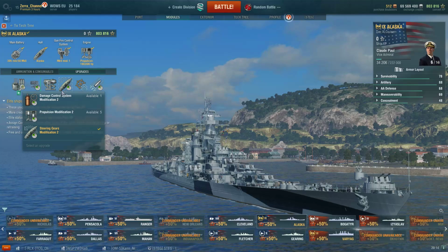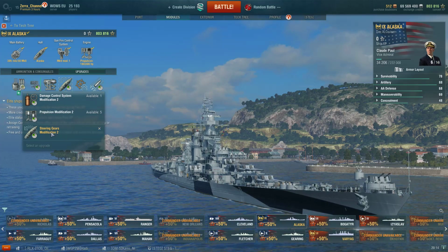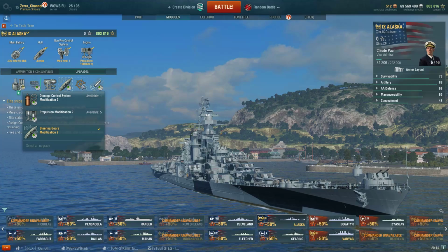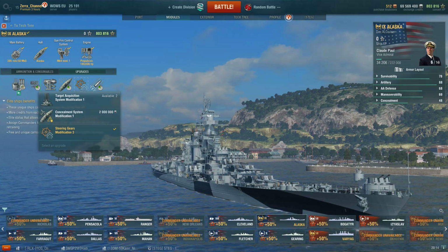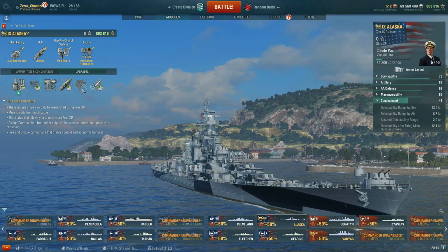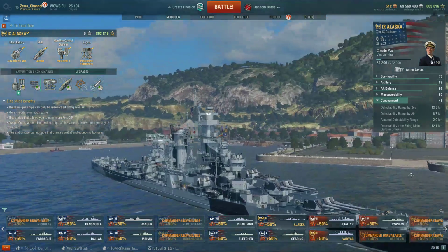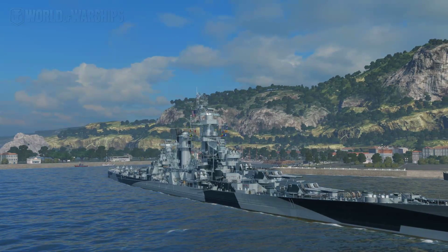And then something else, guys, you know, there's a YouTuber, Business 6. He went for steering gear modification 2 and steering gear modification 3, which basically means that you have crap concealment, 13.5. However, your rudder is good. You will be able to dodge left and right, and guys, you are a big ship, easy to aim,